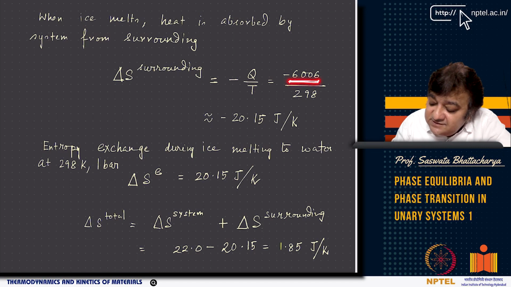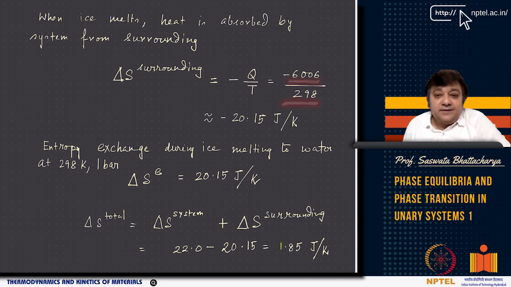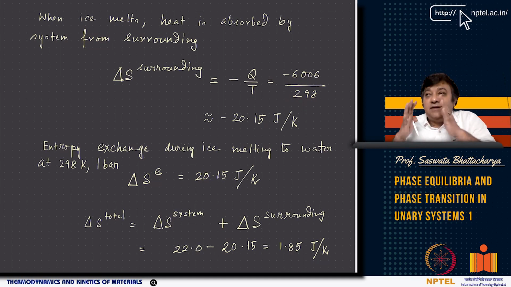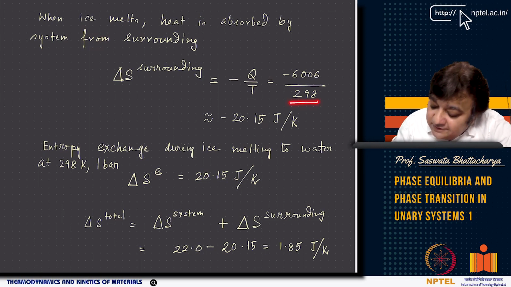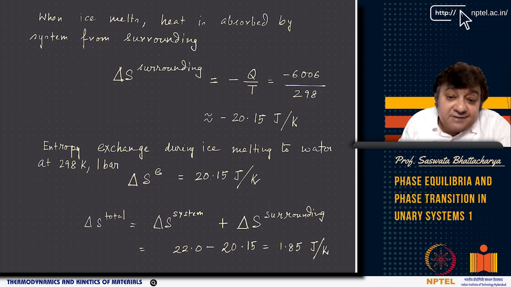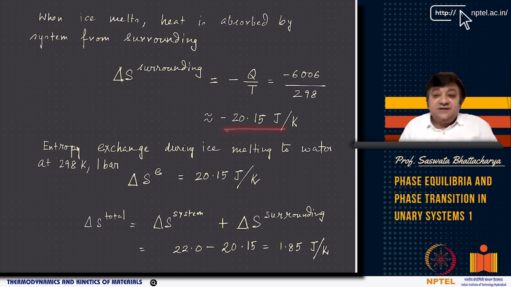Now minus 6006 by 298 is the temperature of the surrounding, right. It is because 298 is the temperature of the system, so it is the temperature of the surrounding also, right. So 298, because system and surrounding should have the same temperature at thermal equilibrium. So then delta S surrounding is minus 20.15 in this case, because heat is transferred from the surrounding to the